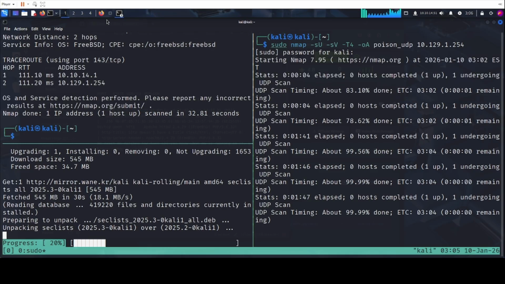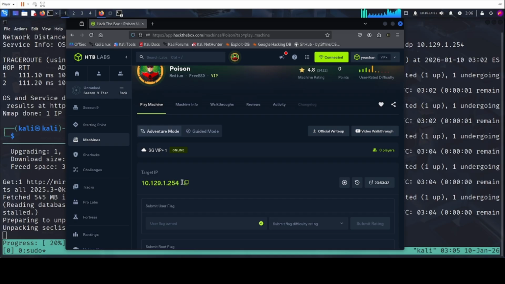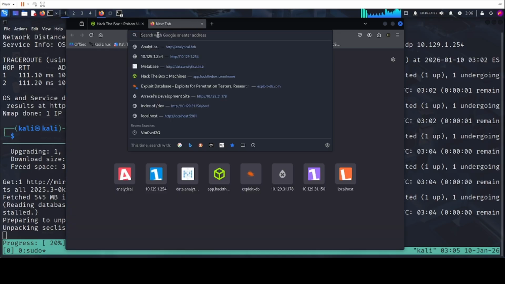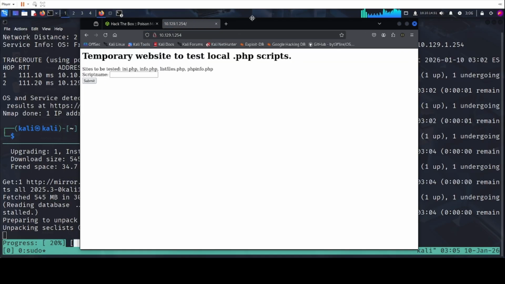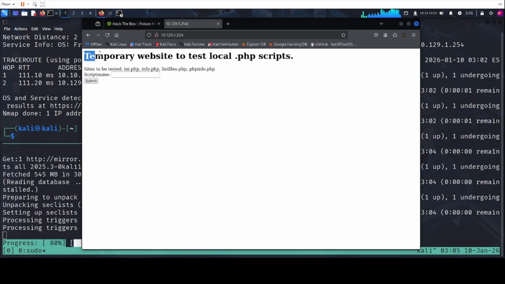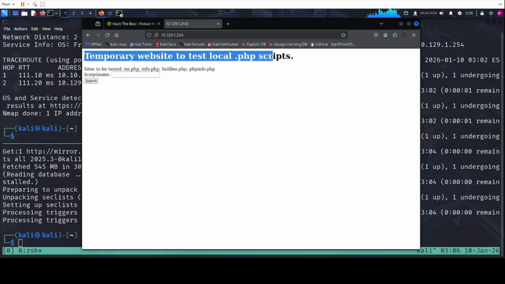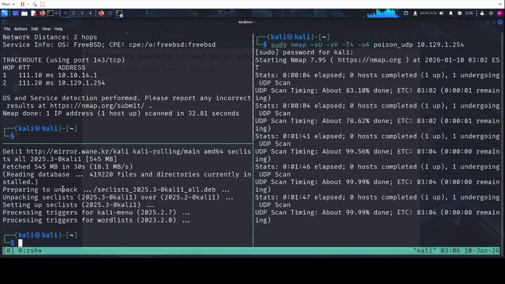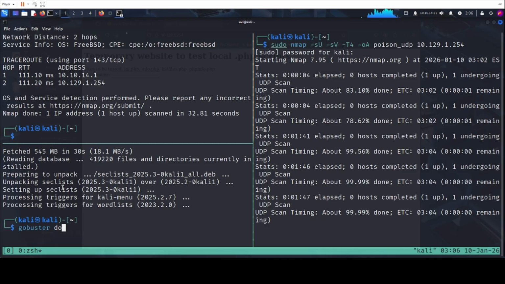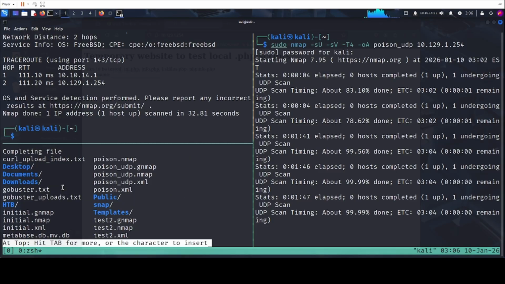I think we need to check the website now. We have a temporary website to test. I think we can run Gobuster. I think this is the same one, but